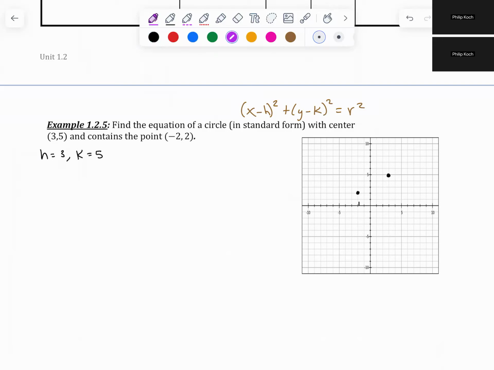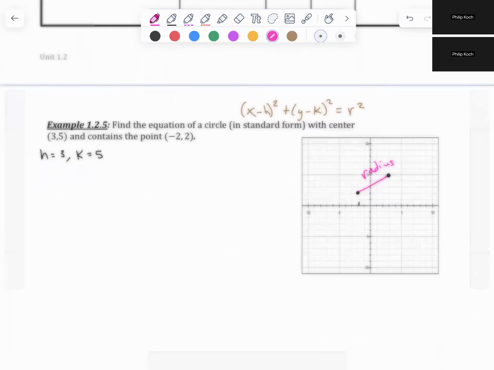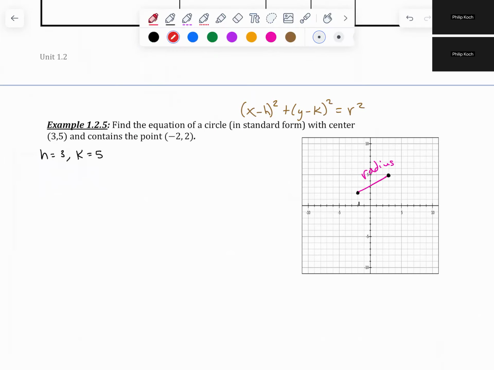We can draw the circle based off of that, and we can find out this distance. This is the radius. So we'll just call this point x1, y1, and this x2, y2. And so r is going to equal the distance here, which is the square root of x sub 2, so negative 2 minus 3 quantity squared, plus y sub 2, so 2 minus 5 quantity squared, which is going to equal the square root of, let's see here,